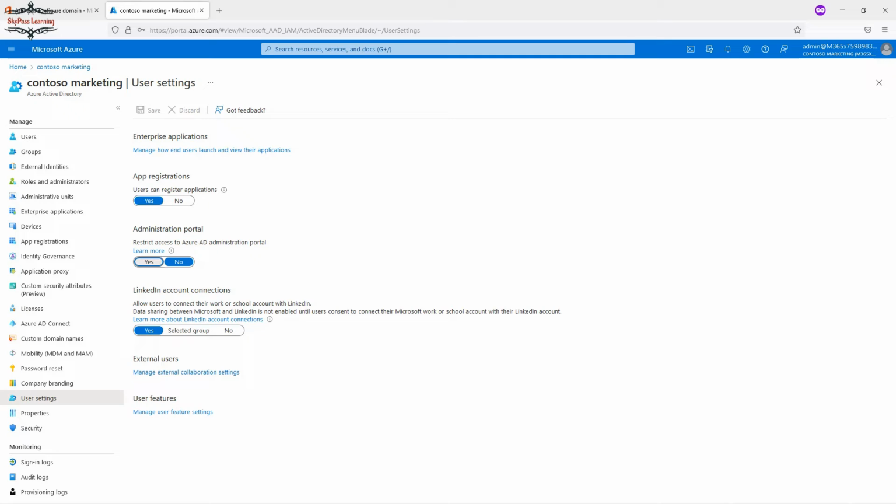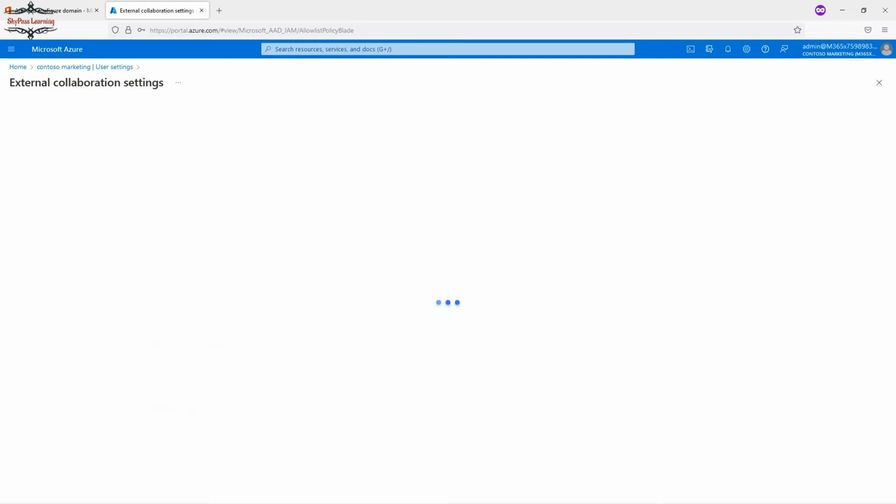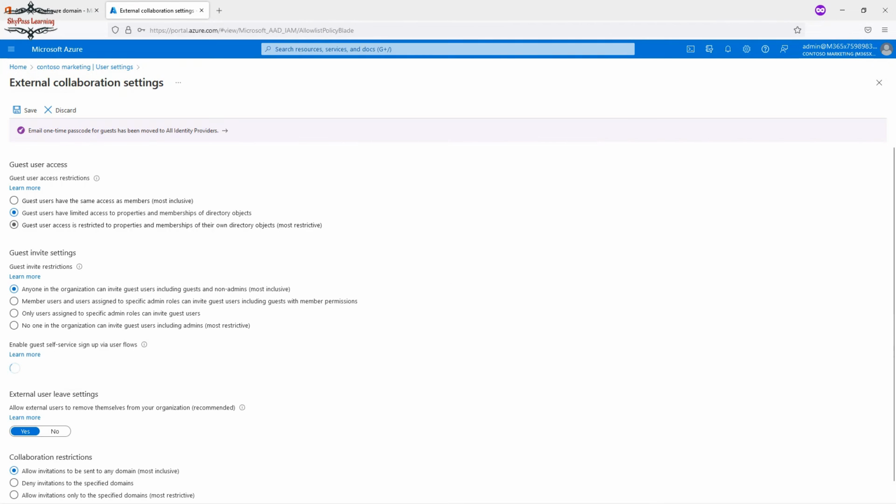For the admin portal, if I want to restrict or block it, I can. Whereas LinkedIn connections, that you want to allow for the selected group or you don't want, can be restricted as well. And the external, manage external collaboration settings, once you click on the same,